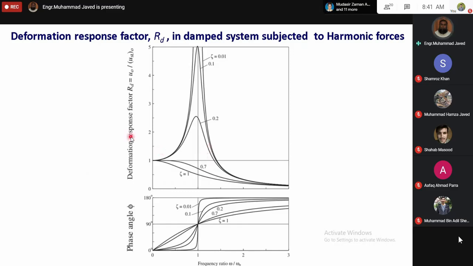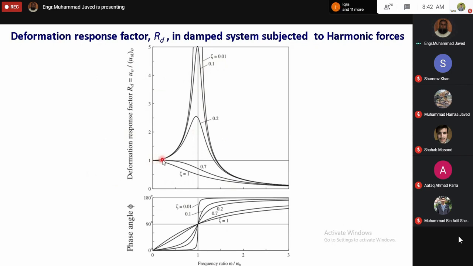Here, graphs between frequency ratio and deformation response factor are plotted, and since damping ratio is now also a variable, graphs are plotted for various values of damping ratio. This one is for 0.01 damping ratio, this is for 0.1 or 10%, this is for 0.2 or 20%. Now you can see, when the frequency ratio is not too high, इस रेंज में अगर आप देखें, इस रेंज में,